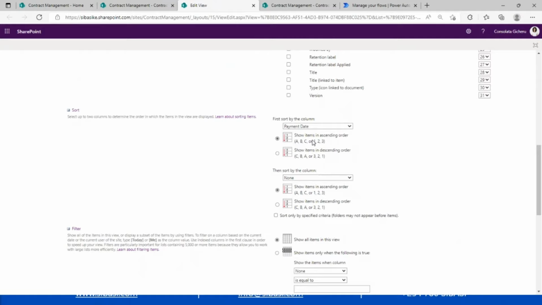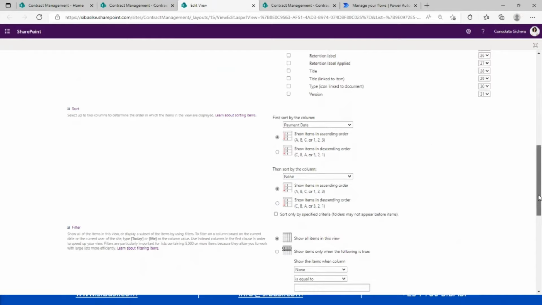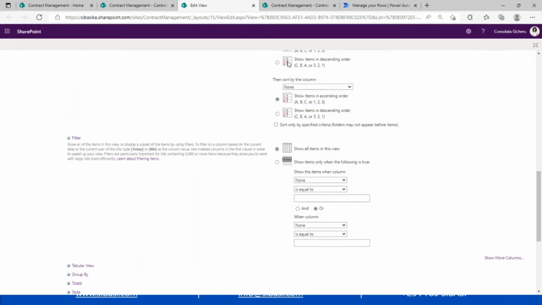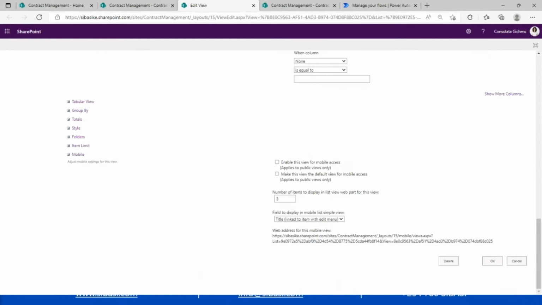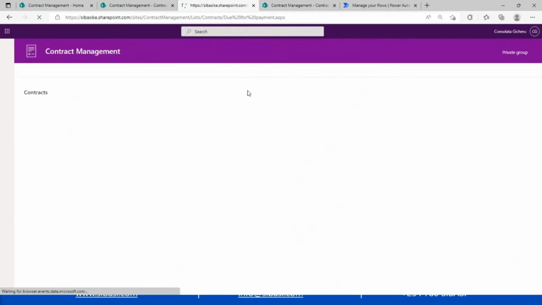So yeah, as shown here, maybe ABC or 1, 2, 3. If I wanted the payment date that is last to show first, I'd say descending order. But since I want the one that is due to show first, then it's ascending order. And then I can also choose to sort as many columns as I want, but for this view, I only want to sort this column. Yeah, and once I have my condition set, I can just click on OK,